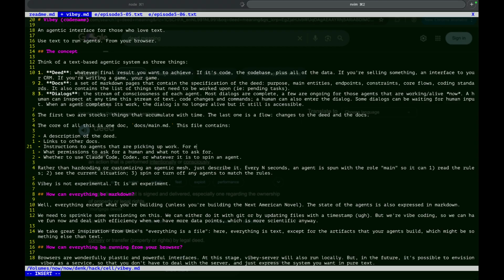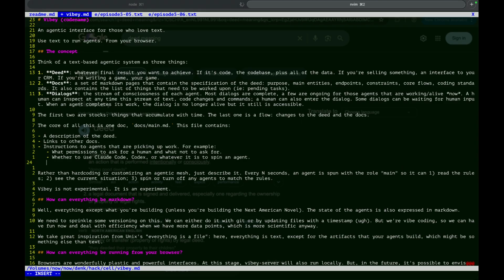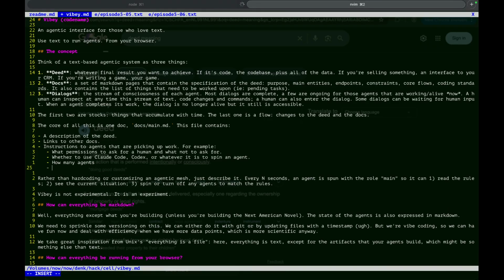For example, how many agents or workflows. Just describe it.